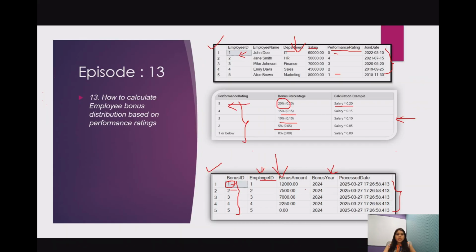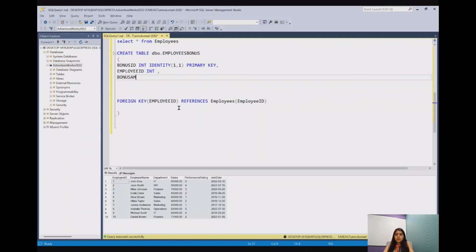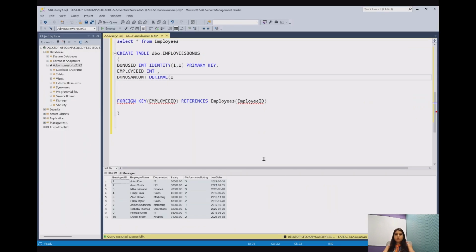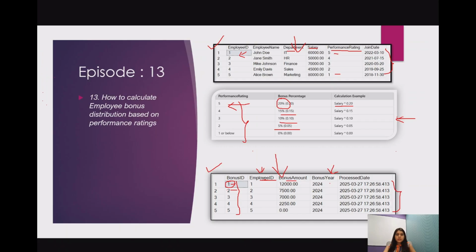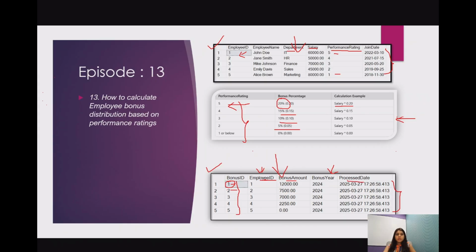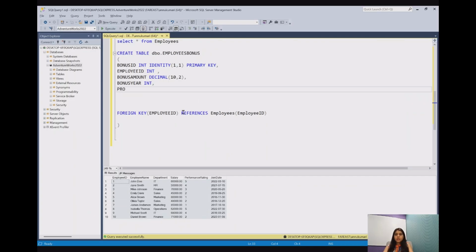So after employee ID, the next column we need is bonus amount, and maybe I'll create it as a decimal of 10,2. Okay, and then the next one is bonus year, and let me make it integer because it will just store the year in 4 digits. Okay, and then after bonus year we need the processed date. Okay, so let me create processed